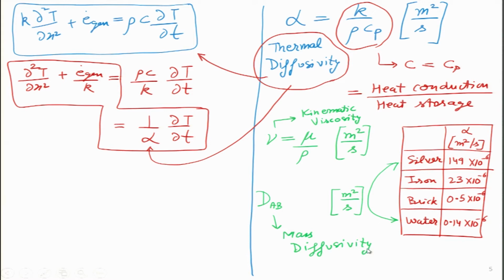So if we look at all these three symbols, on the top we have alpha, then we have nu, and then we have DAB, and all three have the same units, meter square per second. So, essentially they are all representing some sort of diffusion which is taking place. In the first case, our thermal diffusivity is showing the diffusion of heat. So, in a particular body, if I give heat only at a particular point, then how does it diffuse spatially?